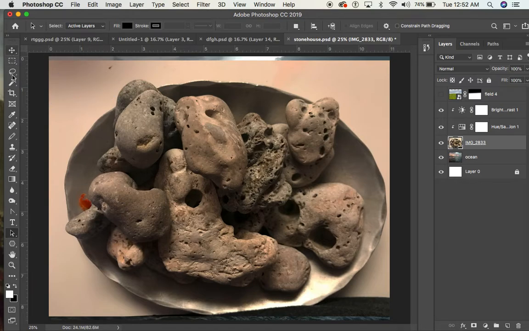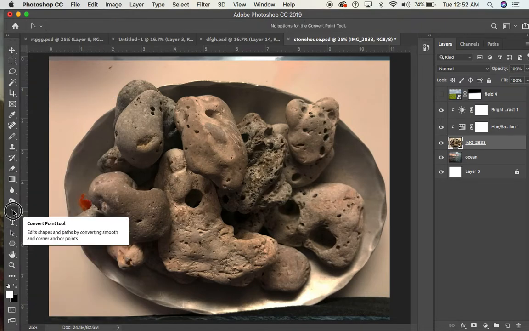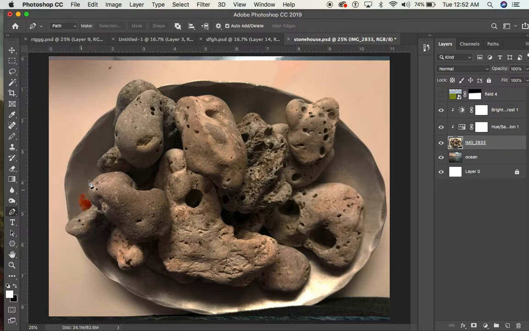Now let's go ahead and draw a path. Here's my goal. I want to draw a path using the pen tool. A nice, pretty good path all the way around these shapes, these stones. Then I can mask the background and separate these out. This is going to be non-destructive, which means if I ever change my mind later, I can bring that background